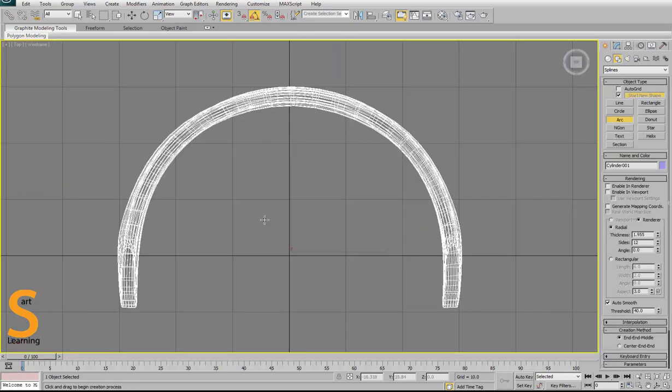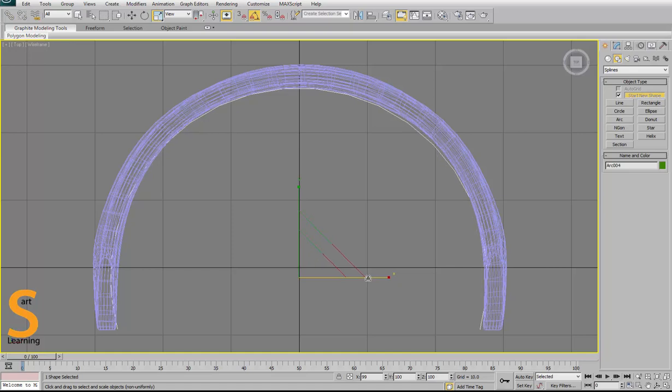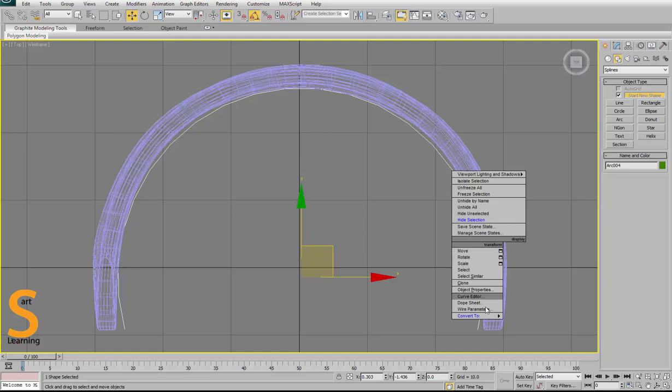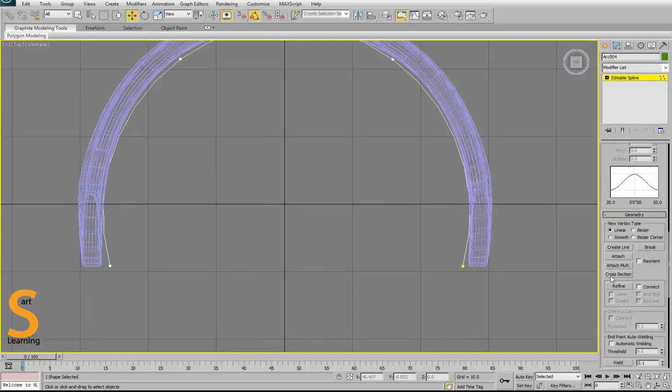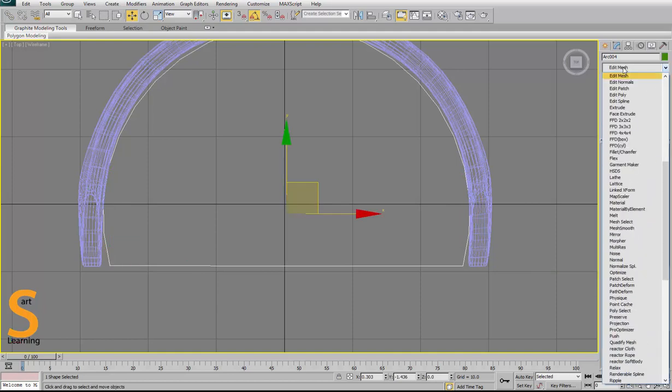Now I want to make a seat, so I just use an arc for this. I make an arc according to my back and scale it a little bit if you want, because I want to cover it completely. Now convert into editable spline, you can adjust, and I want to close this spline, so I use refine connect, because refine just places the vertex, so I just fuse and weld all the vertices.